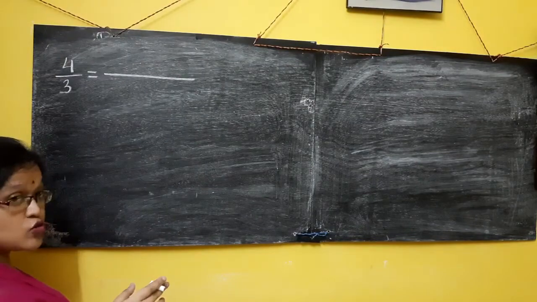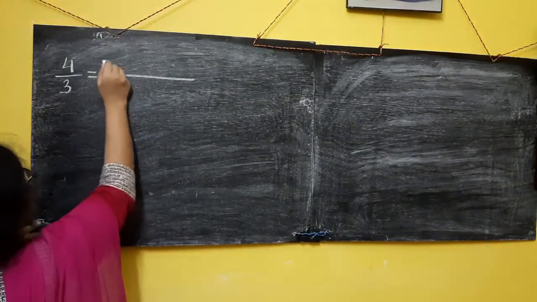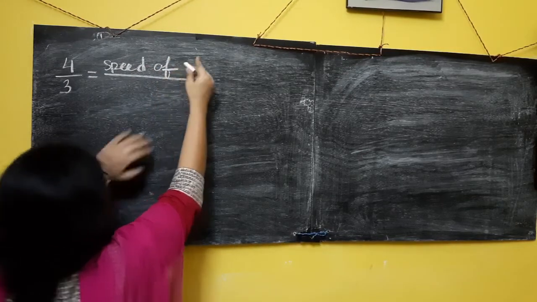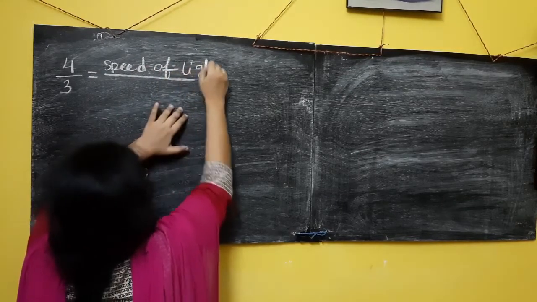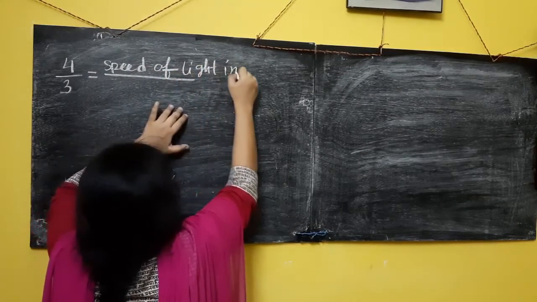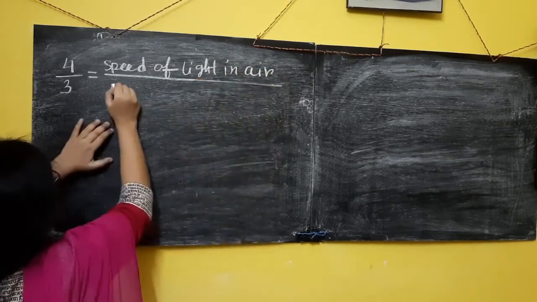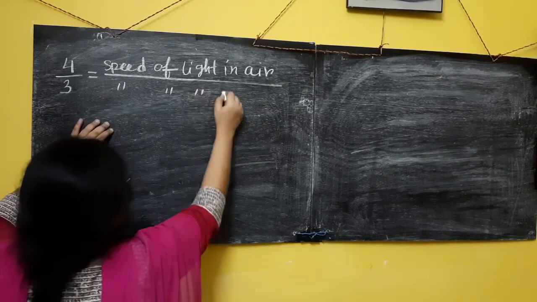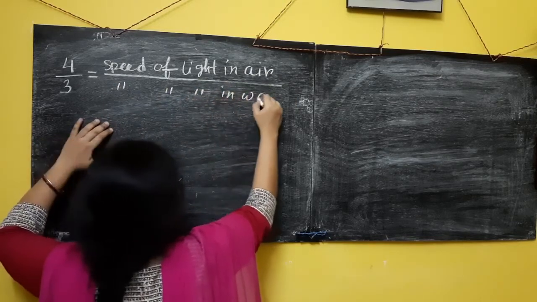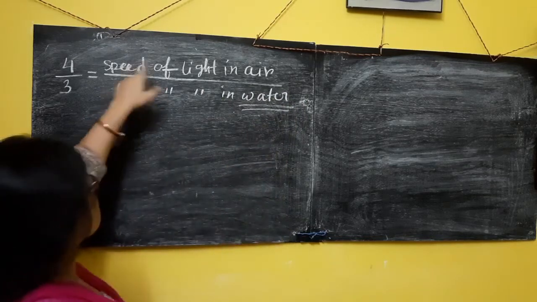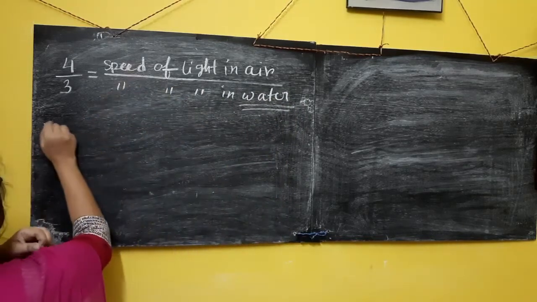So here the medium is water, so I will write speed of light in air by speed of light in water. In the question this I need to find out, this is given. So 4 by 3